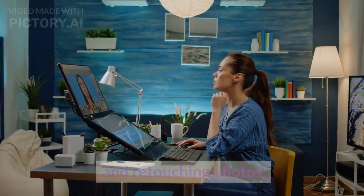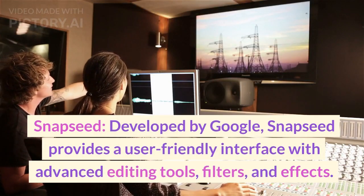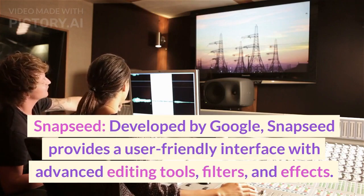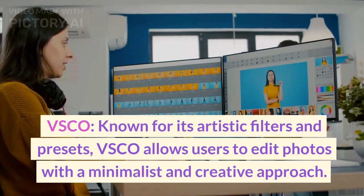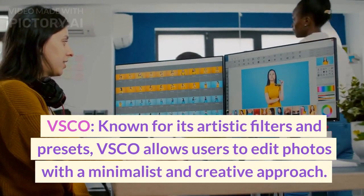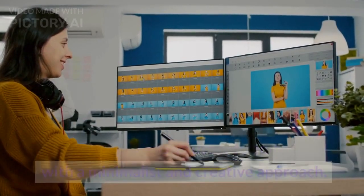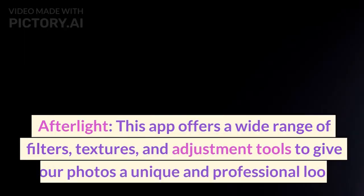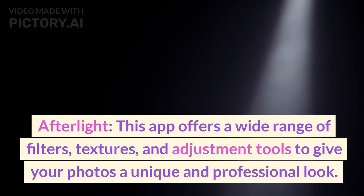and retouching photos. Snapseed, developed by Google. Snapseed provides a user-friendly interface with advanced editing tools, filters, and effects. VSCO, known for its artistic filters and presets. VSCO allows users to edit photos with a minimalist and creative approach. Afterlight, this app offers a wide range of filters, textures, and adjustment tools to give your photos a unique and